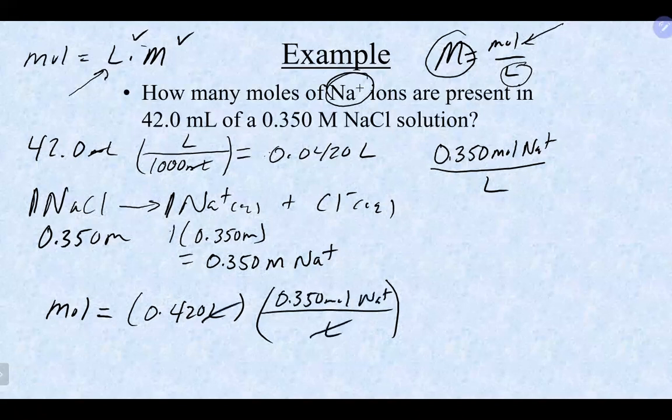That way I can see that the liters do cancel and we are multiplying. I lost a 0 there, that's not good, so we pop a 0 in there. 0.0420 times 0.35 is going to give us 0.0147 moles